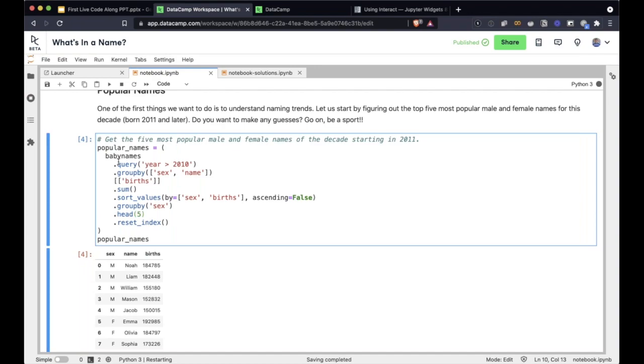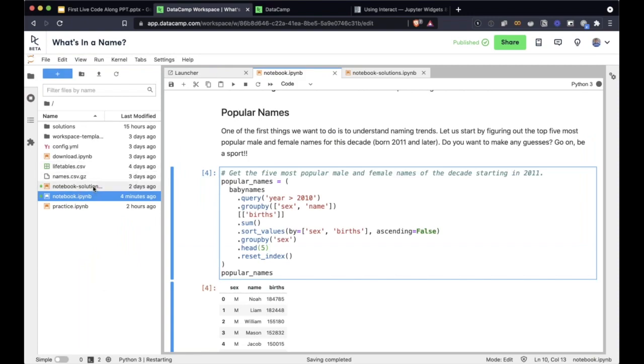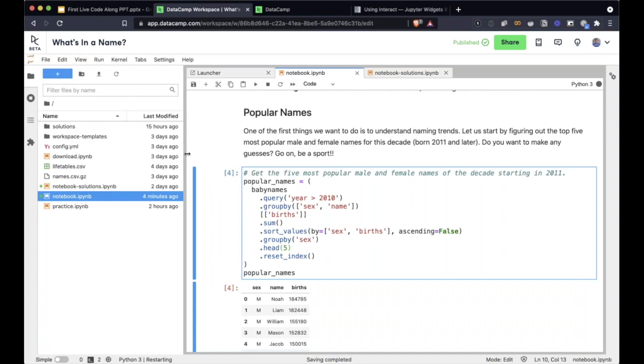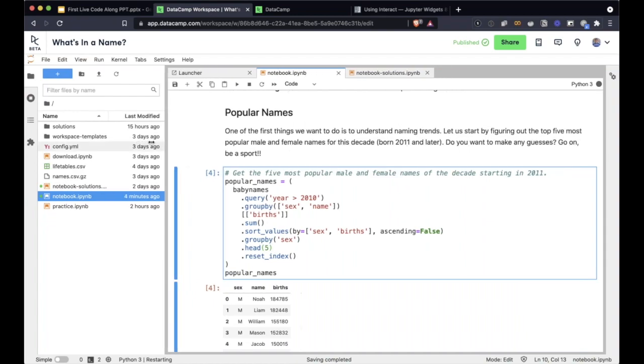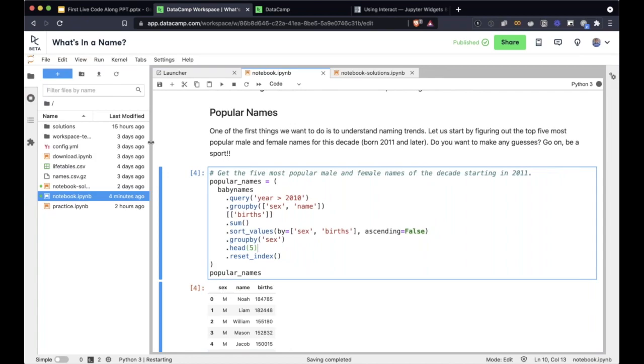Okay, great. Also, some people are asking where they can find the solutions. So maybe we should show them in the library where they can access it. Yeah. So if you already used the template, then you will see that there should be a file called notebook solutions.ipynb. And that basically will contain the solutions. And if you can't find it there, we will figure out a way to get you the solutions notebook. And also, I'll publish the solutions notebook, so you can have it.